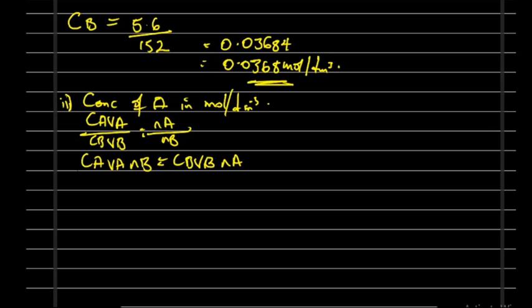So we are looking for CA. Making CA the subject of the formula, we have CBVB NA divided by the VB, the coefficient of CA here, which is going to be VANB. So having that now, we have our CA, our CB is the concentration of base that we just calculated now,